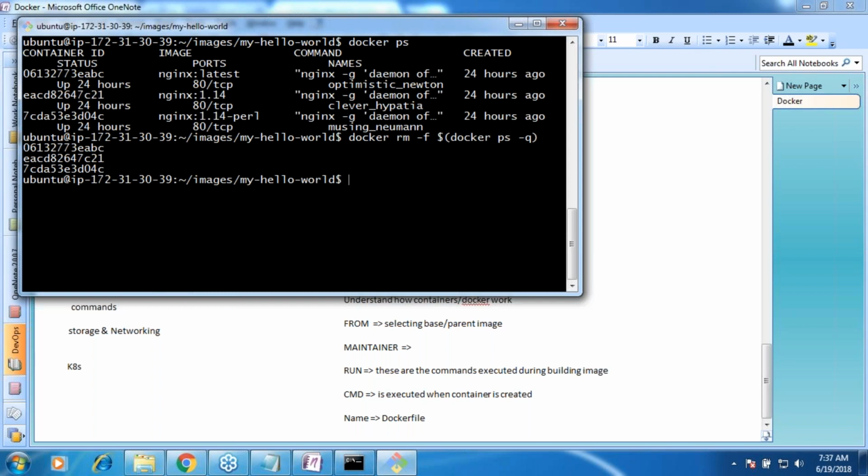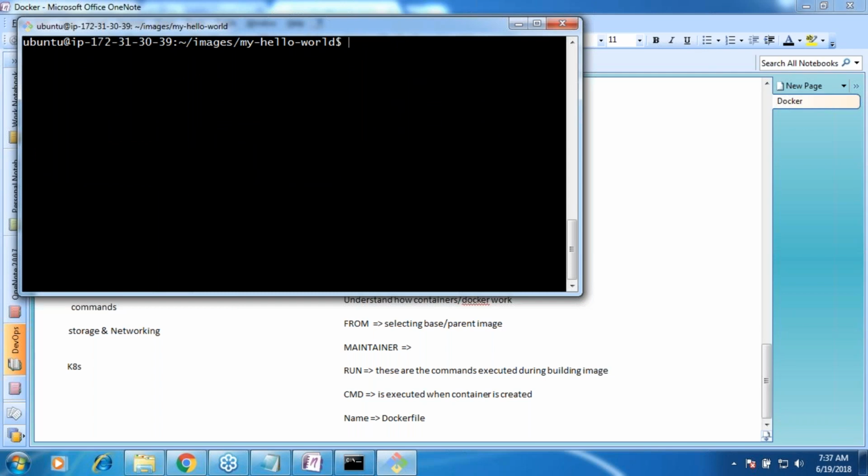Right? Okay. Fine. Now let us go back to our Dockerfile. So vi Dockerfile, and my stuff is very simple. So what am I going to write? Terminal is stuck. So yeah, good.